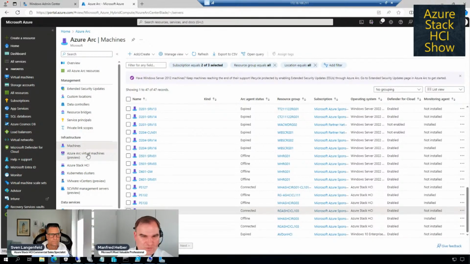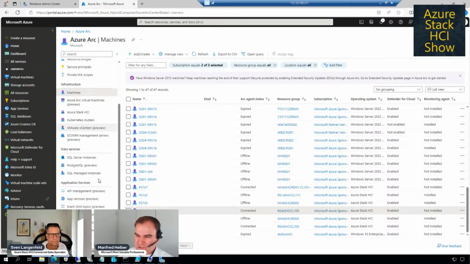This is a preview, so maybe Microsoft will separate this in the future, physical machines and virtual machines. We have Azure Stack HCI. We have Kubernetes cluster. There's integration for VMware available and for System Center Virtual Machine Manager. And Sven already mentioned these data services and application services.